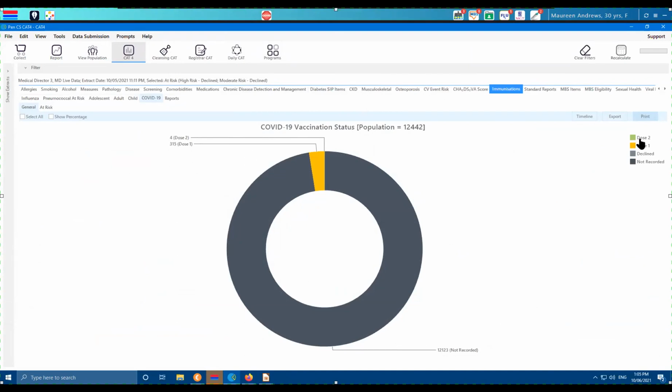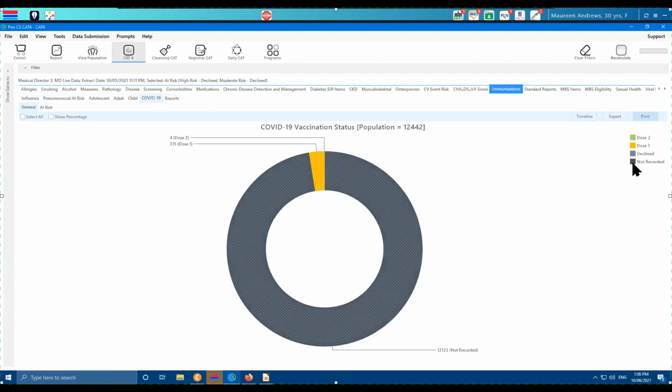And you can see the legend here on the side. So dose 2 is green, but there are just so few there, I can just see a very thin green line. We do have an option for declined. Now, at the moment, only Medical Director allows you to record that a patient declined a vaccine. For those of you who are using Medical Director, that will bring up the patients that have declined. And mind you, every person is on this chart only once. So if they receive the second dose, they will move from first dose to the second. If they declined but changed their mind and received dose 1, they will move into that area. So you cannot be in more than one of these categories more than once.